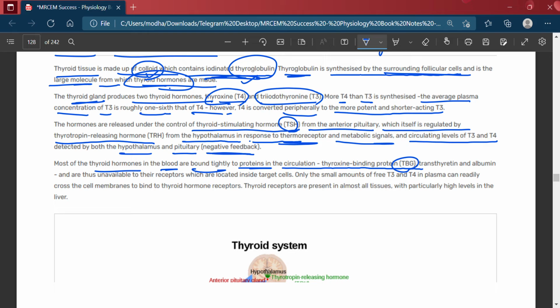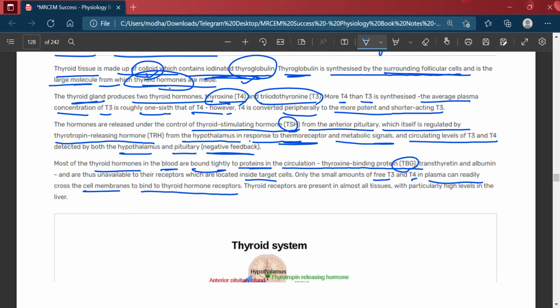Thus it is unavailable to its receptors, which are located inside the target cell. Only the small amount of free T3 and T4 in plasma can readily cross the cell membrane to bind